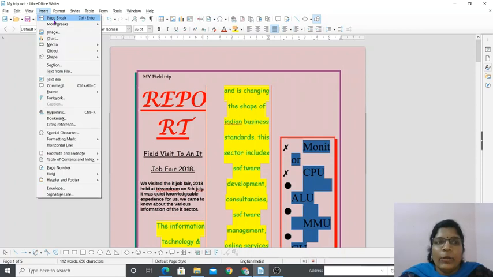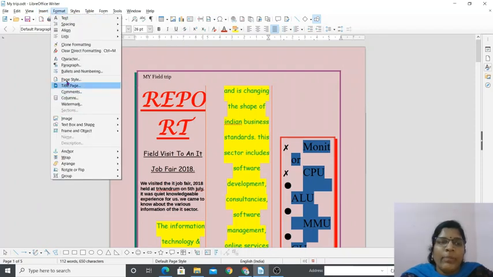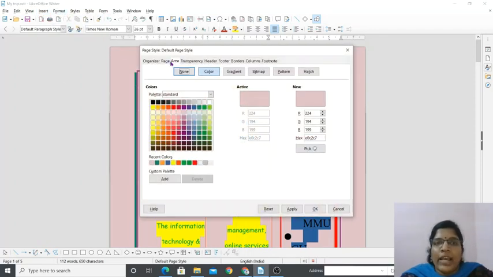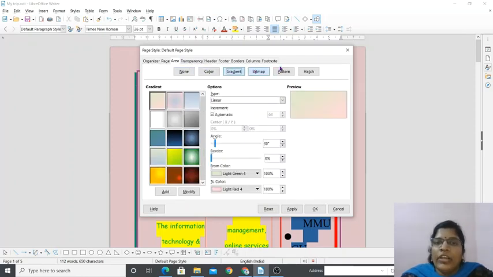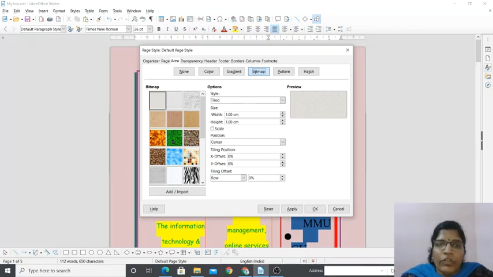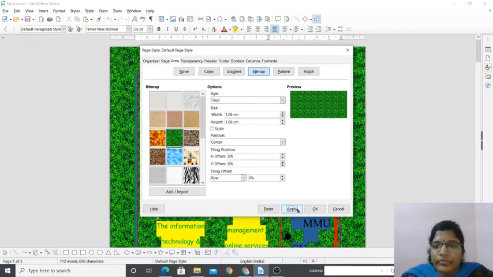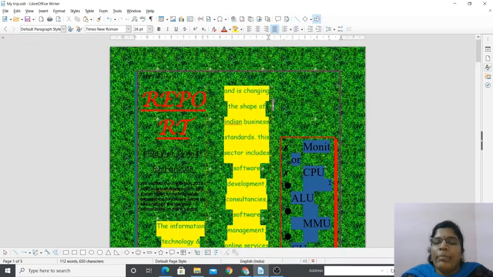Most of the page formatting options we have done through the Insert tab: insert page number, image, chart, shape, text box, header and footer, page number, everything is from the Insert tab. And something from the Format tab, Page Styles, you can do Area. For area and color, you can click on each tab and choose whatever you need. If you want a background like this, apply, OK, you can give a background like this. It is your choice.